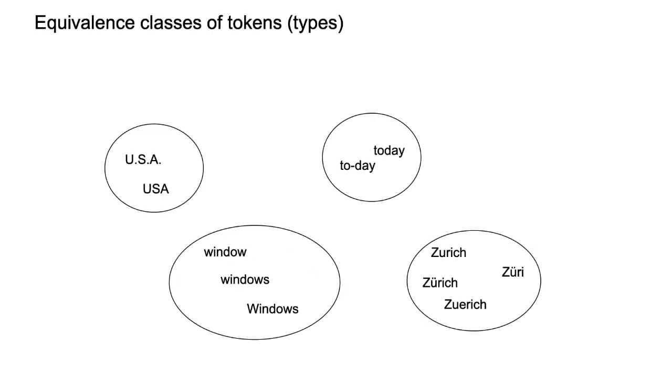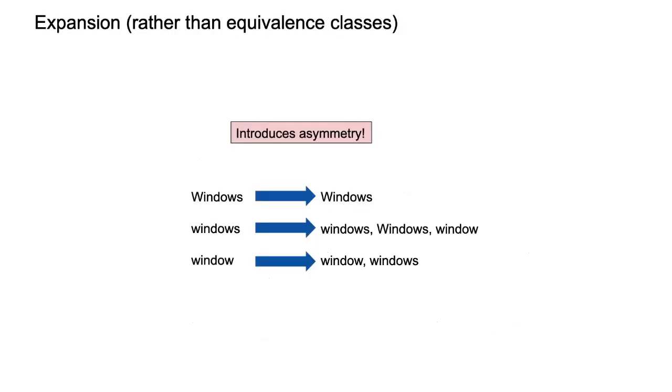Who knows what an equivalence relation is, equivalence class? I think you learned that in discrete math, right? You remember it's symmetric, an equivalence relation. If X is related to Y, then Y is related to X. So this is why I mean here it's asymmetric. It's no longer an equivalence relation. It's called actually an expansion. So here, Windows would be expanded to the same because you could consider it's capital W, it's probably the operating system. Windows would be expanded to all 3, window with a small w to just window and Windows. This is called an expansion. This is different than types and equivalence classes. Just need to be aware to separate that in your mind.